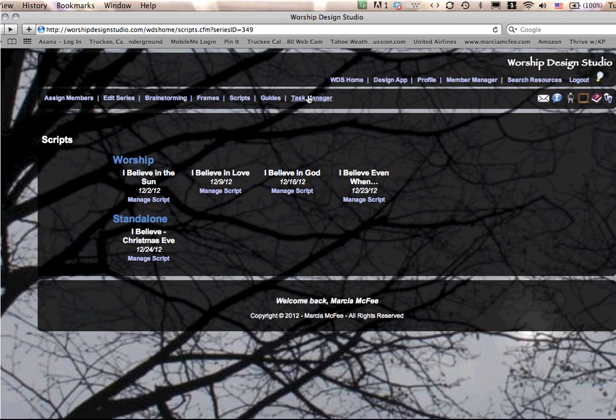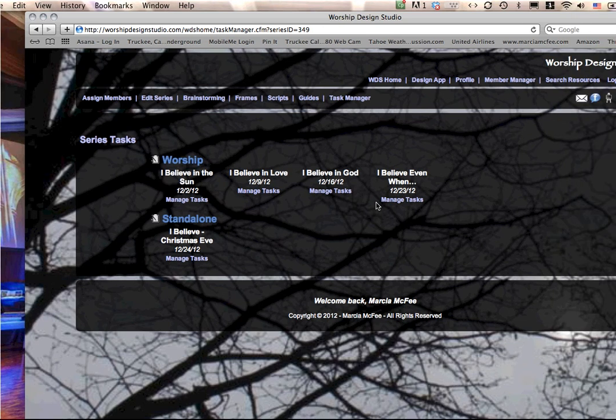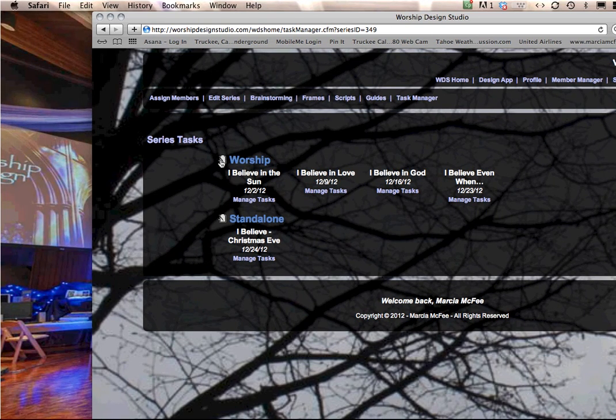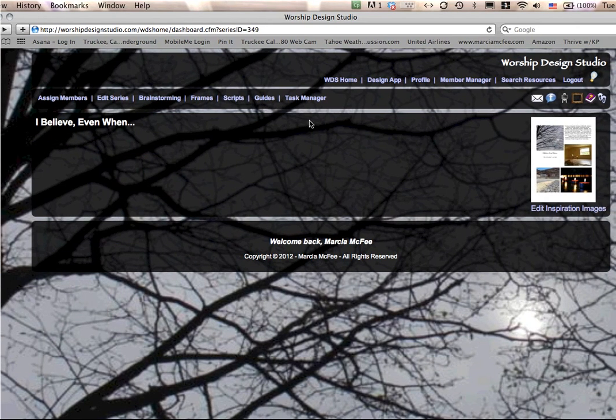Finally, the Task Manager in the series menu here. This is the to-do list hub where tasks can be assigned, edited, managed, and again, you can do that by service, one service at a time, or when you click on this clipboard, you'll be able to see all the tasks for the entire series. So, going back to